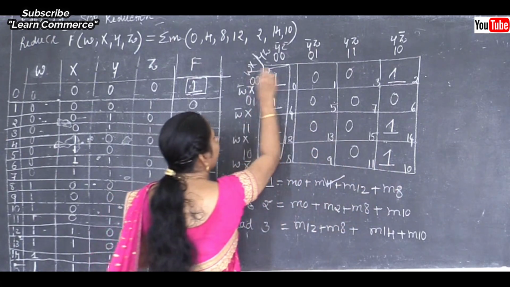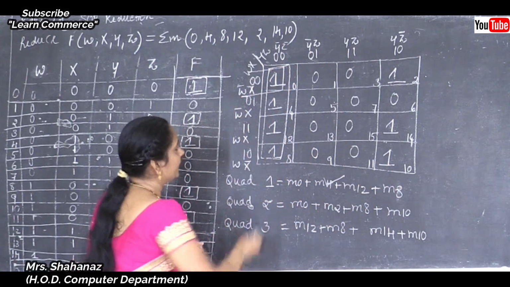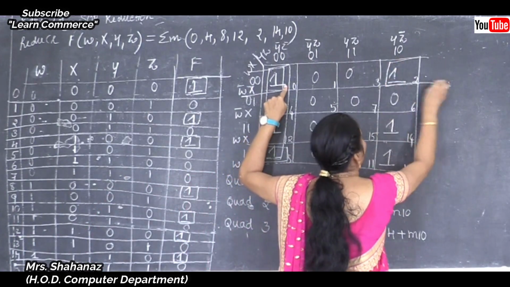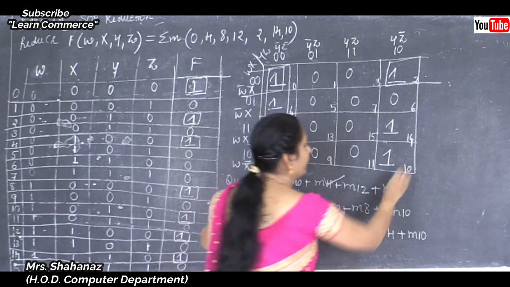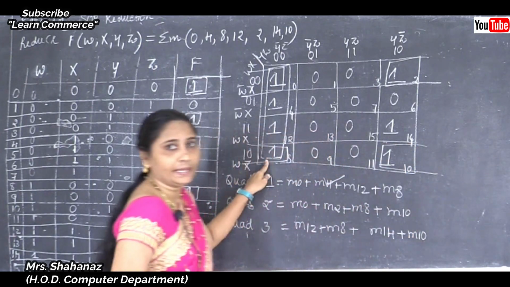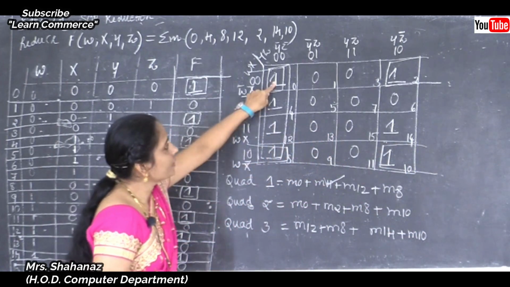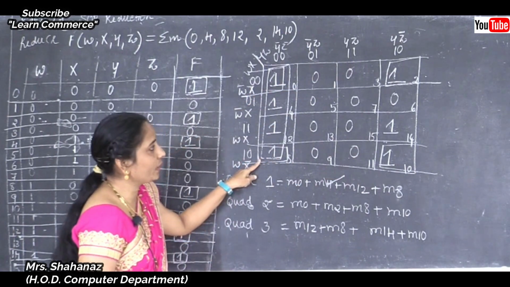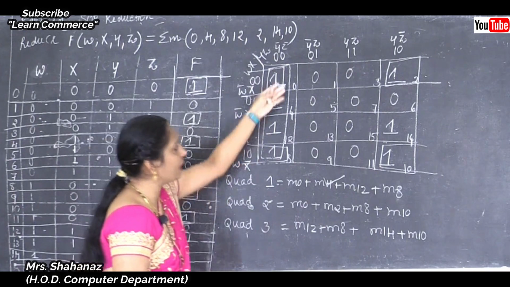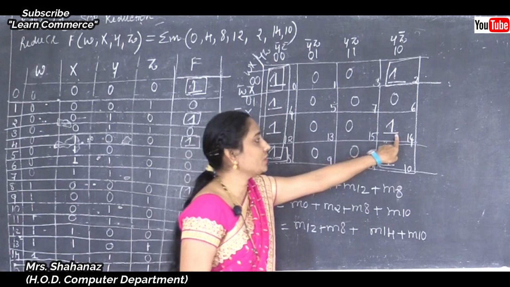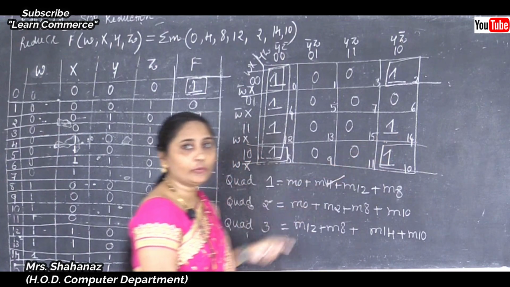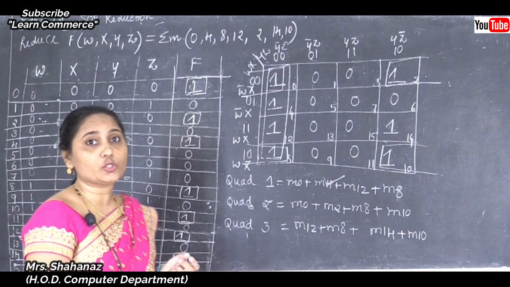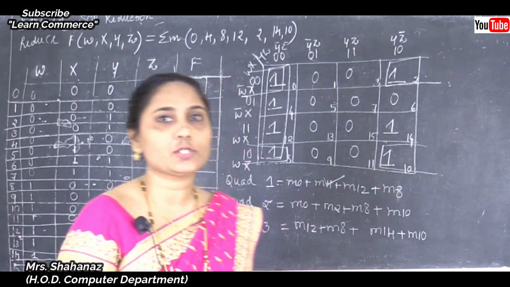So we can say that now the second quad is 0, 2, 8, 10. Okay, quad 2, 0, 2, 8, 10. Now later, next one. Now again one more. Why? Because we already took every other one. Now just this one is there. So you have to think about whether it is equal to the pairs. No. Why? Because first of all we need to search for the octet. Sure, there is no octet.